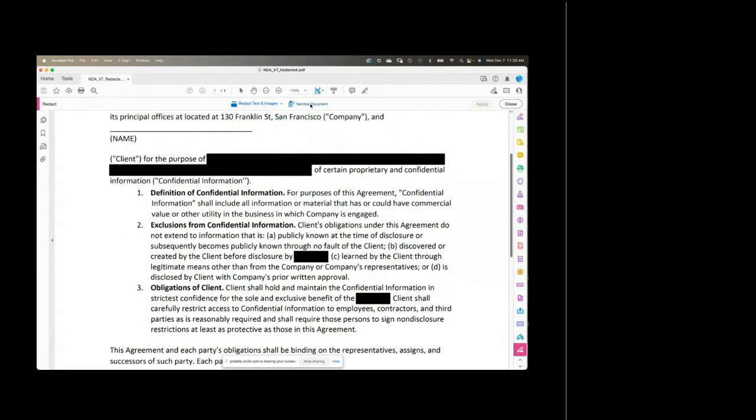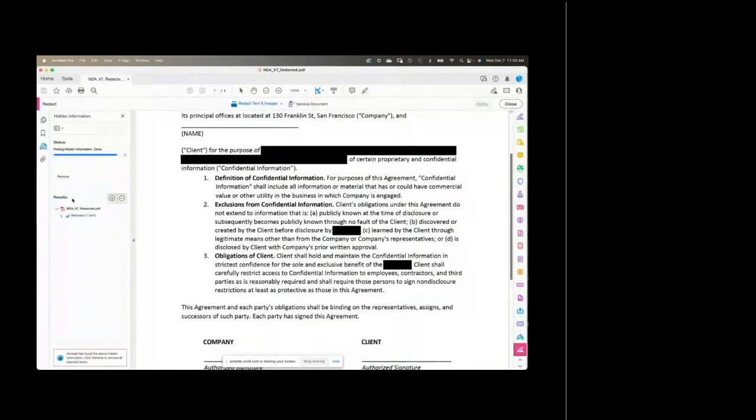Okay, so moving on. You have the option now to sanitize a PDF. And this is going to allow you to remove hidden information and non-graphic images such as metadata that might be present in the PDF. So when you select sanitize document, you can make quick work of it and just say remove it all, or you can selectively remove. When you select remove all, I should say, that's not going to give you any options, but it will save a version of that PDF that is sanitized wherever you want to save it. But for now, we're going to go to selectively remove, and I'll get this left-hand pop-up,